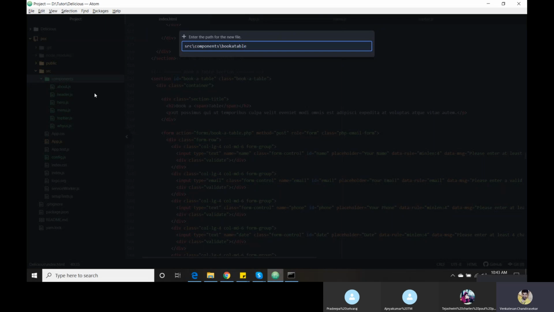Don't give a space while creating a folder or a file name. This is not a proper way to create a folder or file name. If you want something separated, you need to give it like this. This is what we commonly do. That's why I'm telling you book a table dot js.